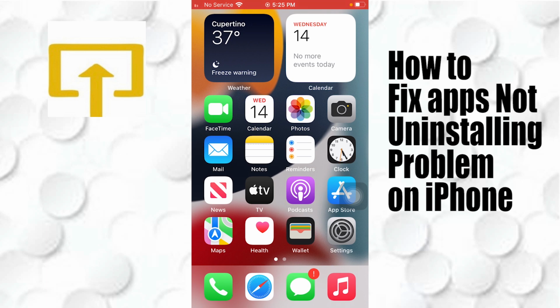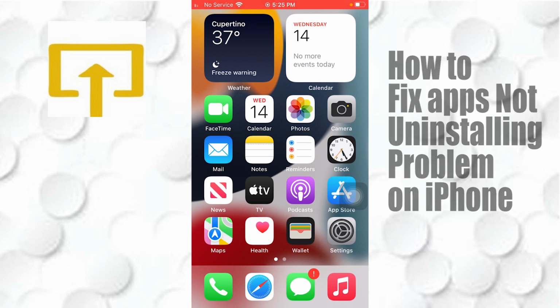Your apps uninstalling problem on your iPhone has been solved, or if not, then please comment in the comment box,